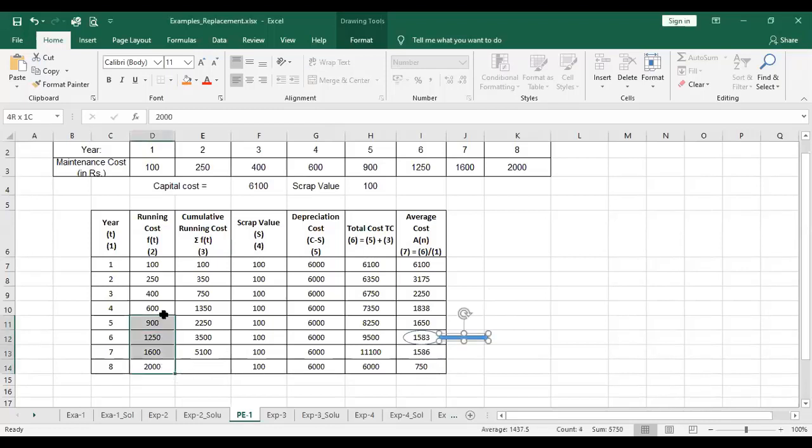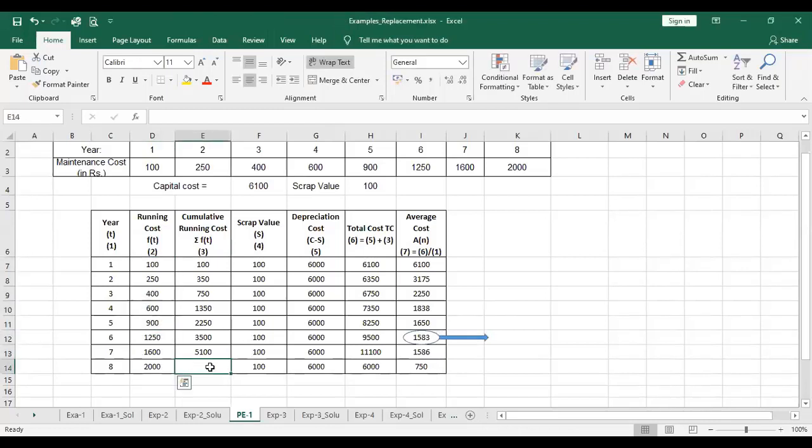And similarly for the last year, if we check, it is 7100. So again the graph is now in increasing order, but it is not necessary to calculate since we are getting the change of pattern. So the 6th year would be fine. Okay.